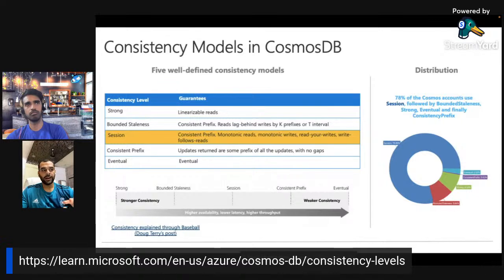So that is also a possibility. But this is like something that is provisioned whenever an account is created. So starting with strong over here, right? So what is strong? Strong is